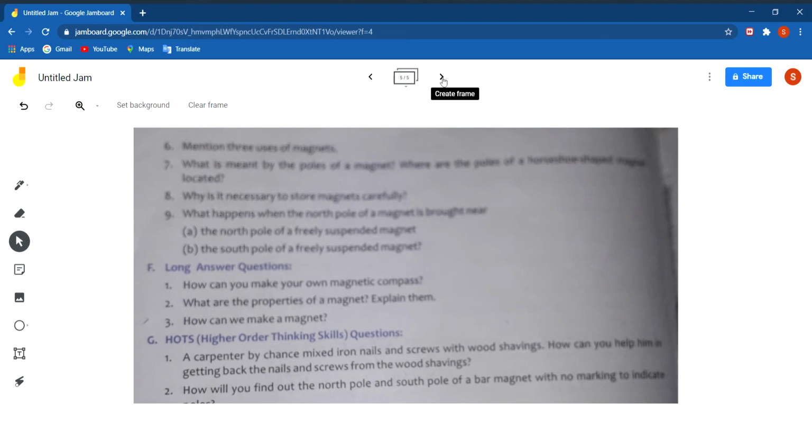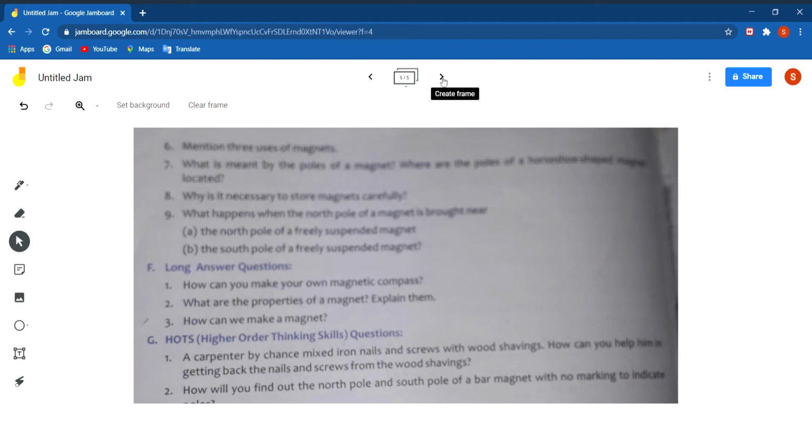Motors, generators and loudspeakers have powerful magnets. In a scrapyard, magnets are used to separate iron and steel from junk materials. Information is stored on magnetic strips in credit cards, ATMs and airline tickets. Data, sound and images are stored on special surfaces coated with magnetic materials in computer hard disks, floppies, audio and video tapes. Fifth, magnets are used in a magnetic compass to find directions. These are the uses of a magnet.